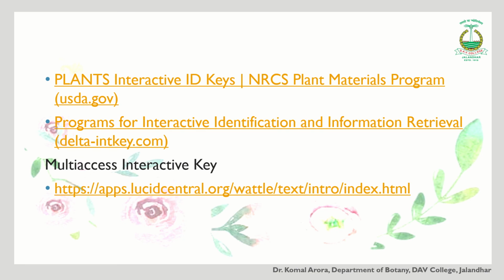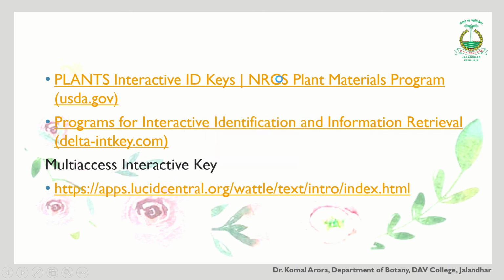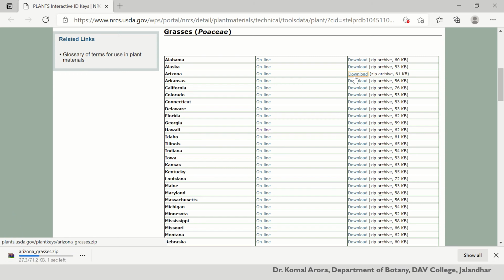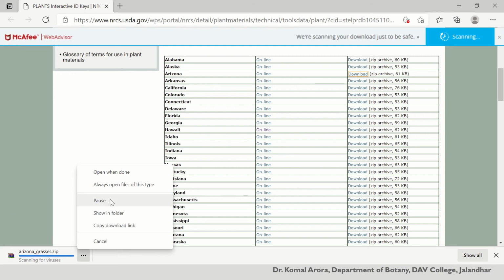You can open these links. Let me show you. This is a program by USDA. See, you can see here, depending upon the US, they have different areas marked like Alaska, Arizona. You can open that file. Let's suppose we are opening it for Arizona. This is a zip file, so you need to extract that.